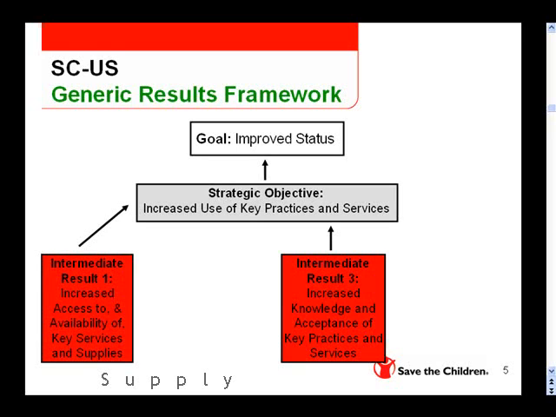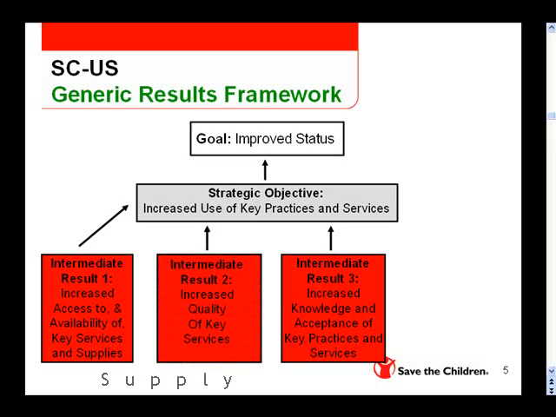IR1 focuses on access and availability of key services and refers to the likelihood that a person and service will actually meet, either through the person going to the service, or the service going to the person, or meeting midway, and the necessary supplies and services will be available. Access not only refers to the geography, but also to the socioeconomic factors that can serve as barriers to care